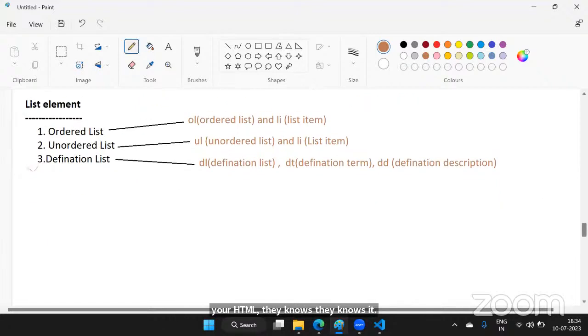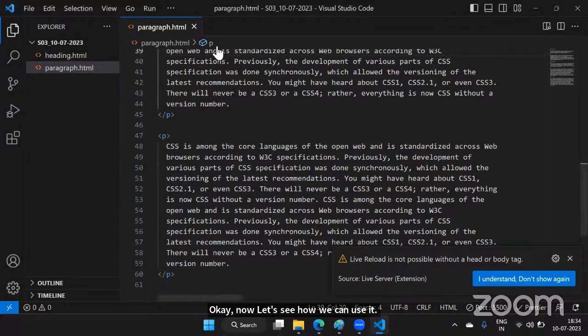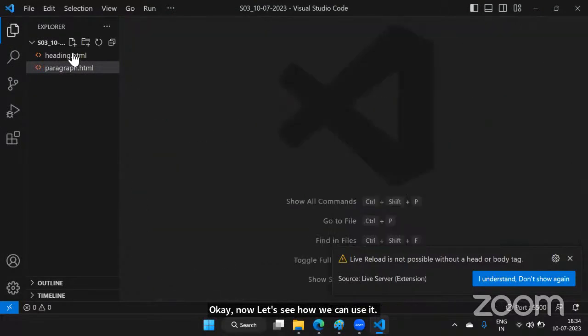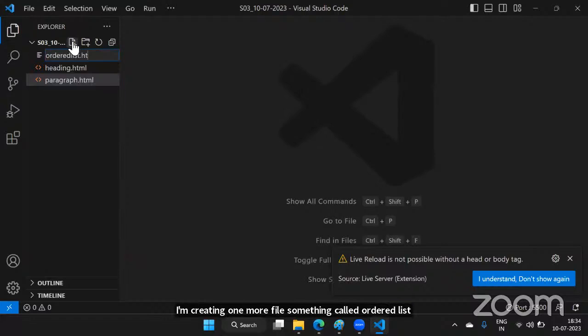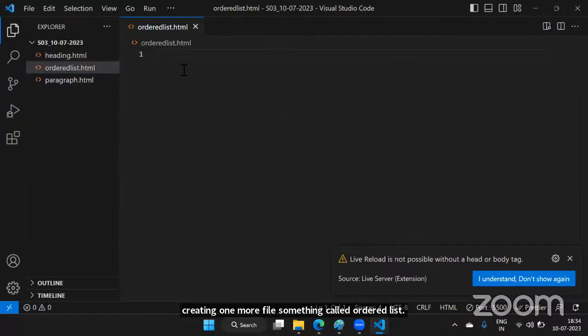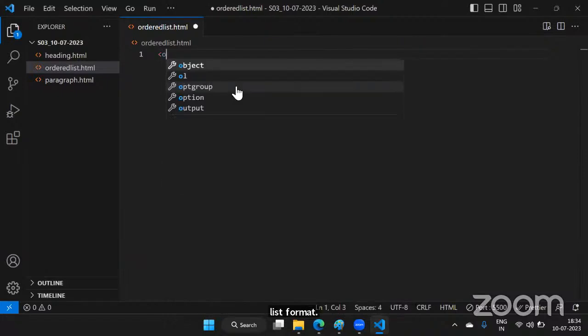Okay. Now let's see how we can use it. I'm closing this and creating one more file called ordered list.html. If you want to show any content in the ordered list format, simply write the OL tag,